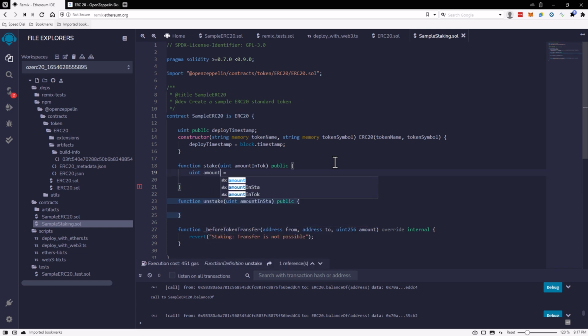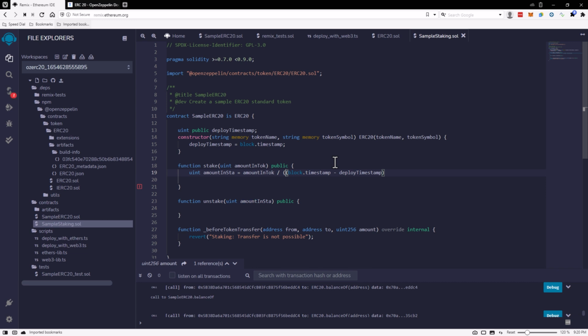We are calling this amount in SDA, so that we know when we put talk tokens in, we get SDA tokens out, and the conversion rate is going to be amount in talk, not multiplied, divided by, let's say, the block.timestamp minus deploy timestamp. So that would be the seconds since that is past, but we don't want to do